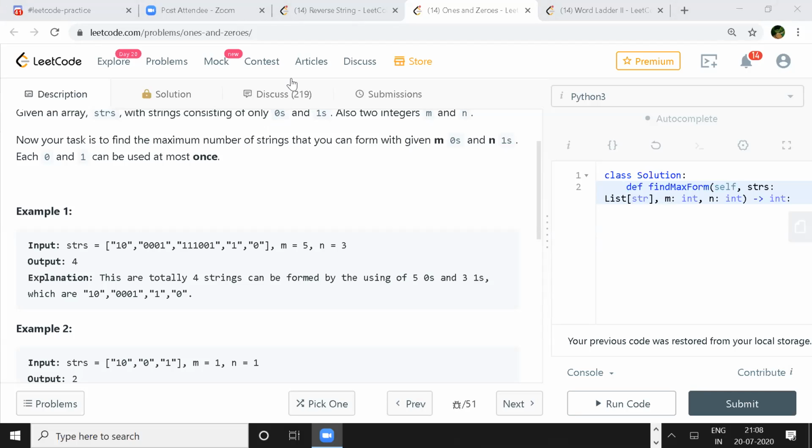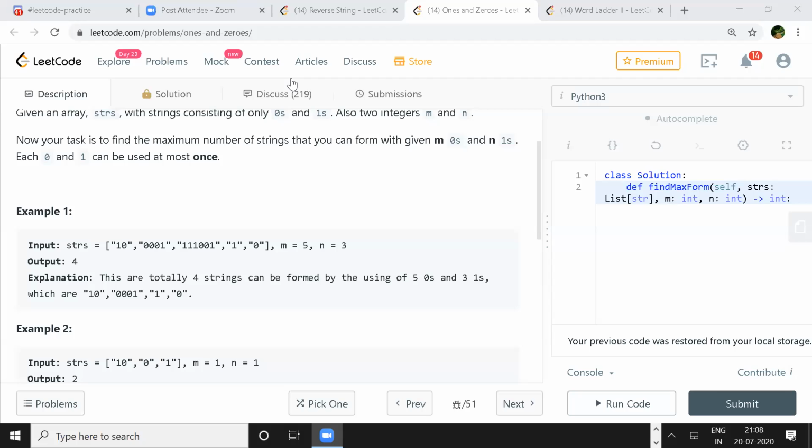So at every step we have some number of zeros and some number of ones, right? We check whether the present string we are at has fewer zeros than m and fewer ones than n. If this is true, then we have two options: we can take this string, otherwise we can skip it.